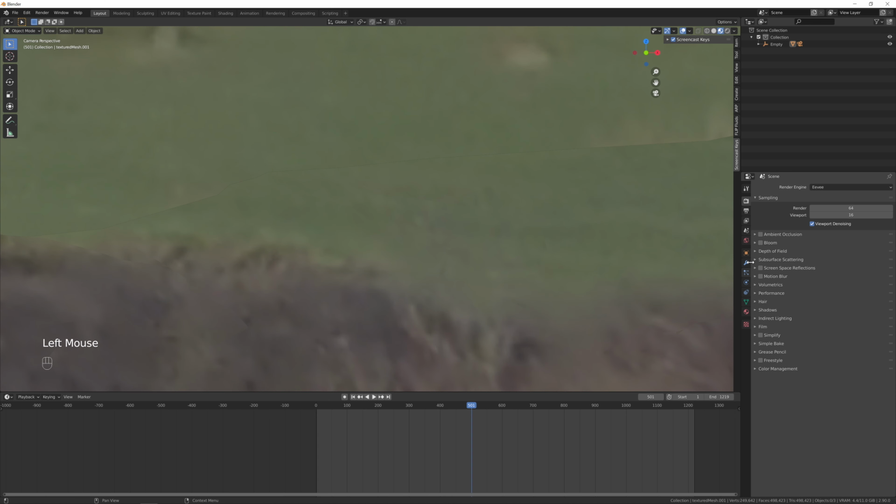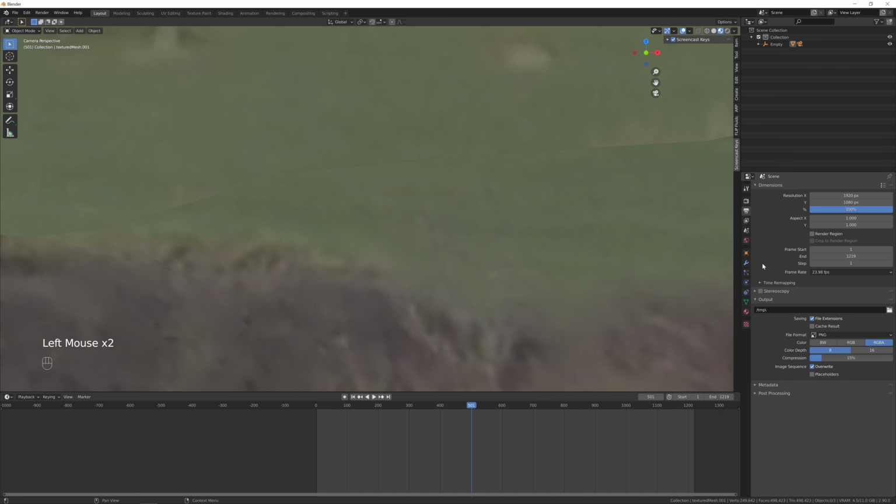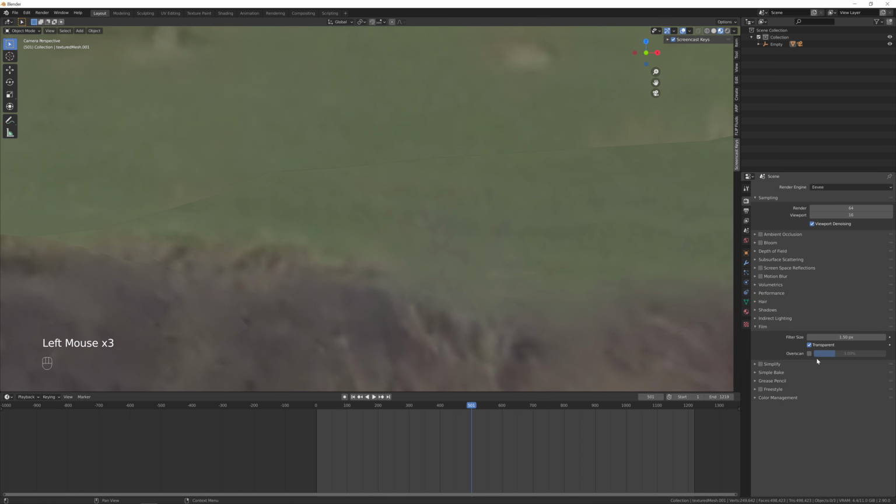Now I usually export my files using PNGs. If you do, then make sure you're exporting them with Alpha and under Film, check Transparent. Rendering this scene as it is in Cycles or Eevee should give the same results as I'm only using emission shaders. Your scene and circumstances will obviously be very different, so try what works best for you.